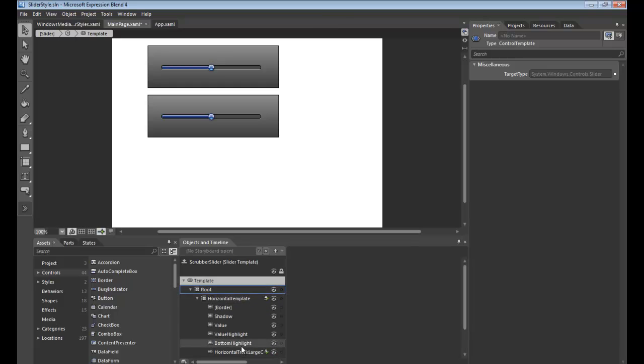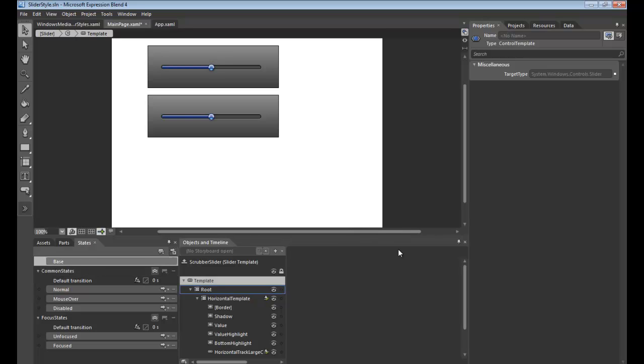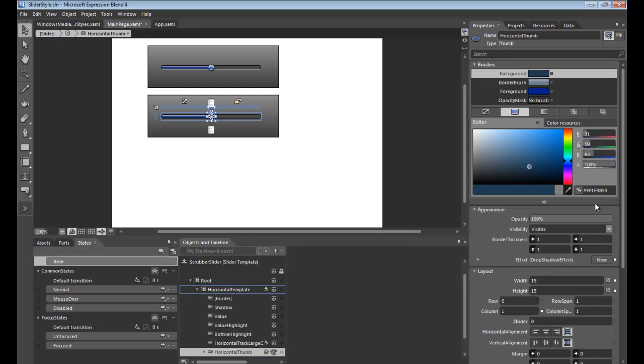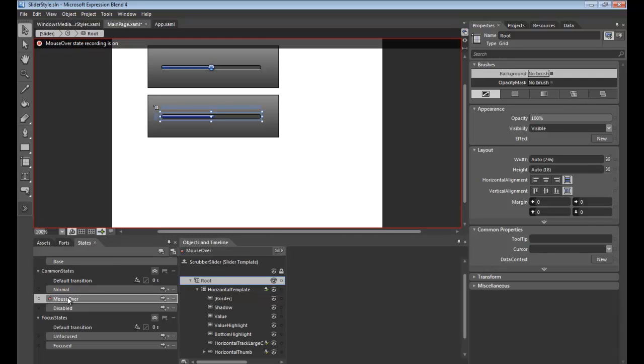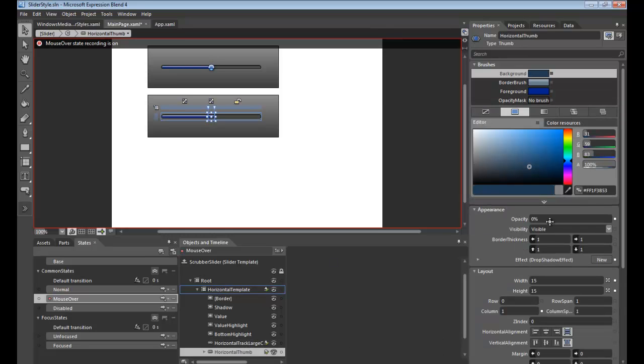And then in here we're going to mess with the thumb itself. So the thumb, we're going to go into its base state for this control, and that horizontal thumb right there, we're going to take that and set its opacity to 0. So its base state, if we click off of here, is not going to have a thumb at all, which is obviously what we're looking for in the actual scrubber. But when the user mouses over, so basically going to the mouse over state here, we want it to appear again. So we're going to go back to the thumb, and in that case we're going to set its opacity